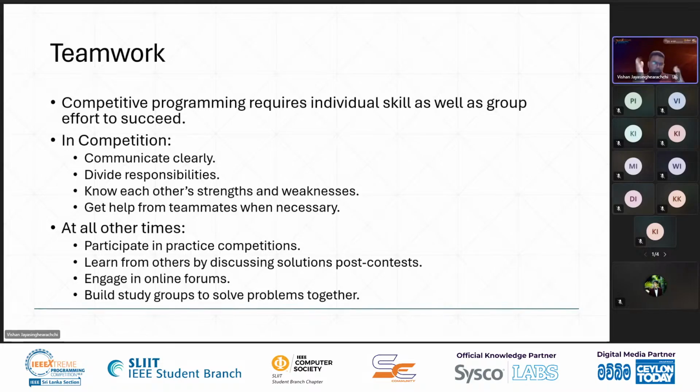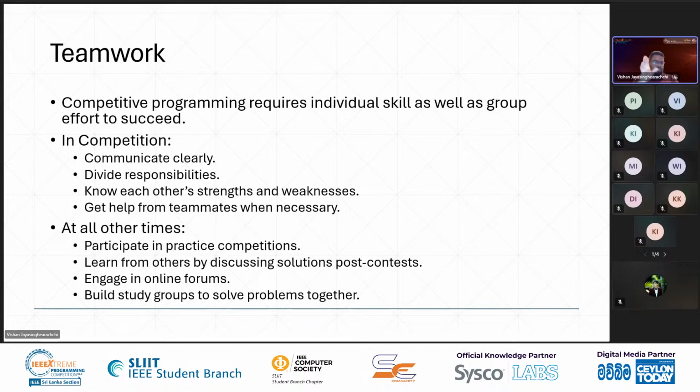And even if you're taking a bathroom break, make sure your friends know, right? It's as simple as that. Openly communicate, right? That's number one. Number two, divide responsibilities. That is, as I said to you earlier, no single person is going to be able